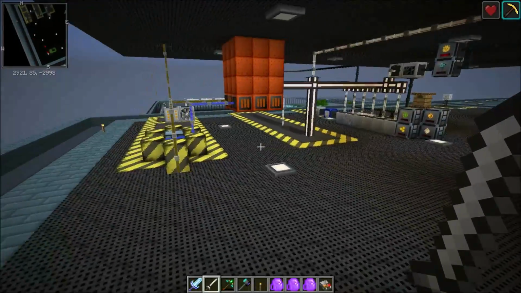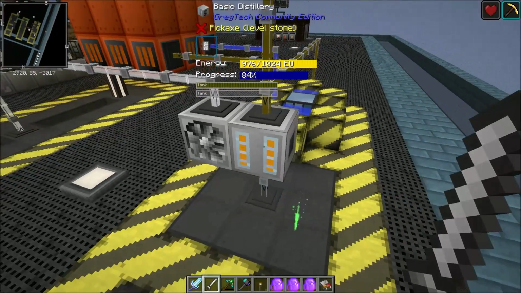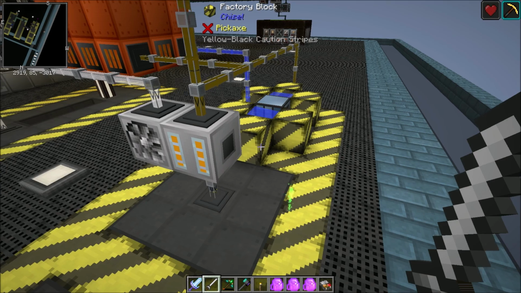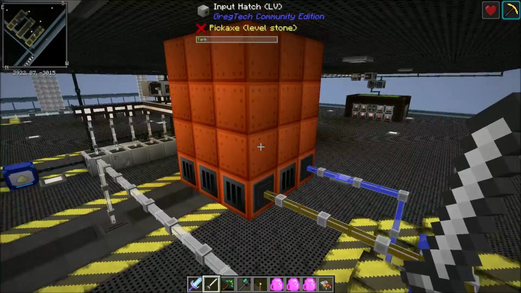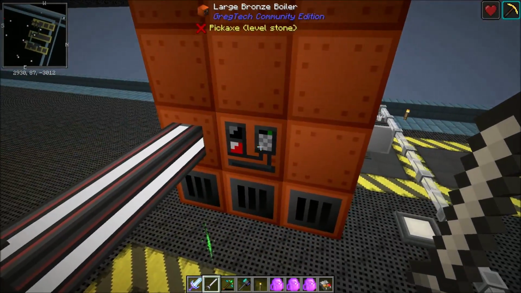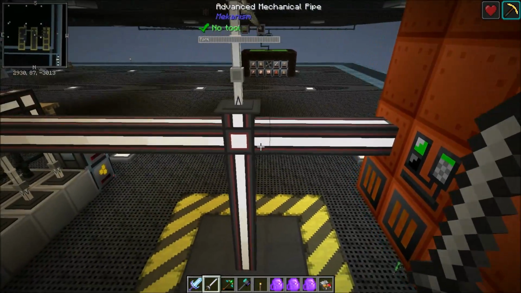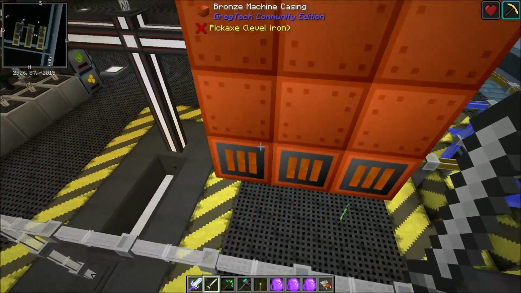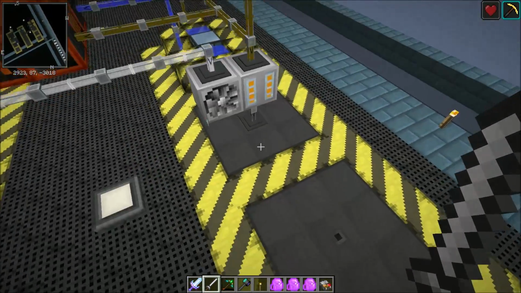And then if we pop over to here, this is the steam production system. So I see a distillery. It's taking that creosote oil and it's creating lubricant with it. And then a steam turbine. This is a boiler that's running. And let's see. Actually, it looks like it's running off of creosote as well. So I'm assuming that...